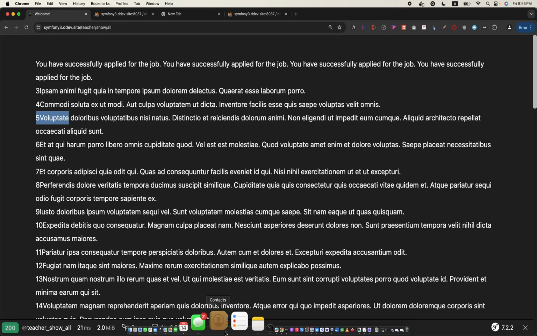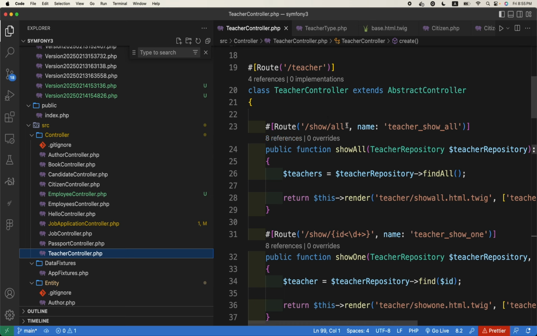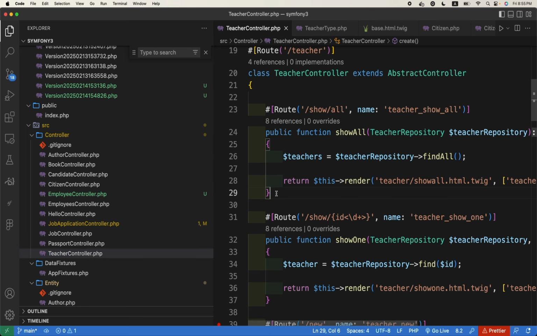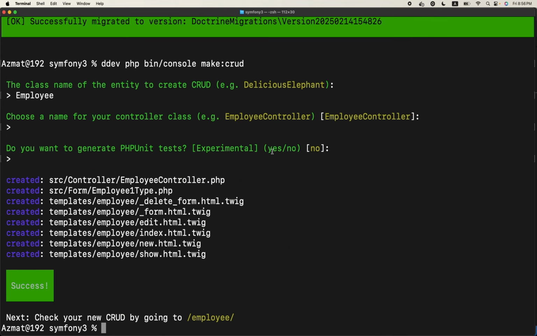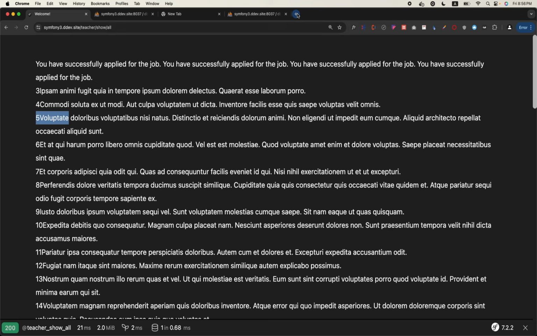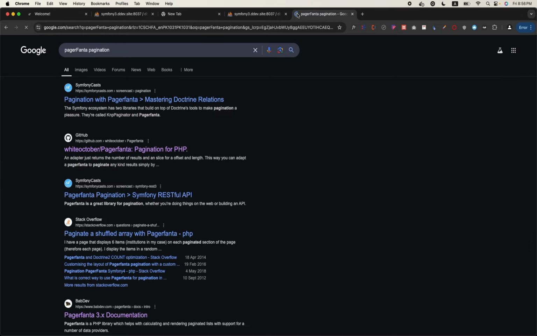Yes. So in Symfony, in pagination, what we can do is, this is the show all method, right? We want to paginate the data, this one. So for pagination, let me Google it, PagerFanta pagination. So this library PagerFanta has a very good support for Doctrine also. So what we can do is, we will require this into our application, and it has support for the Doctrine ORM also. So we will do composer require